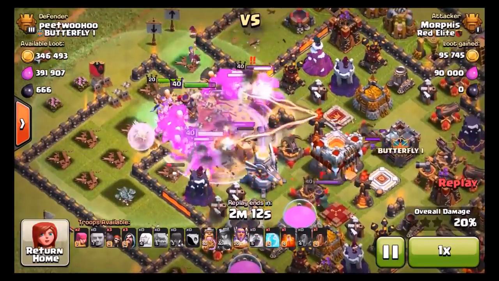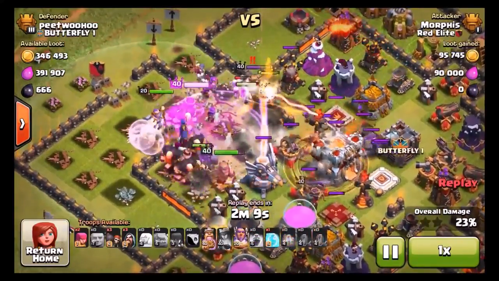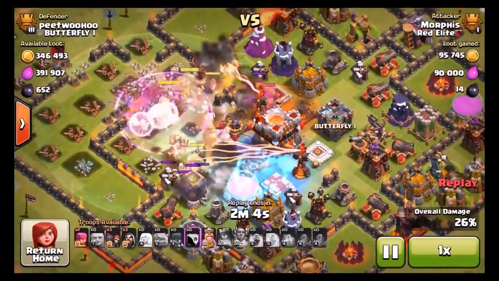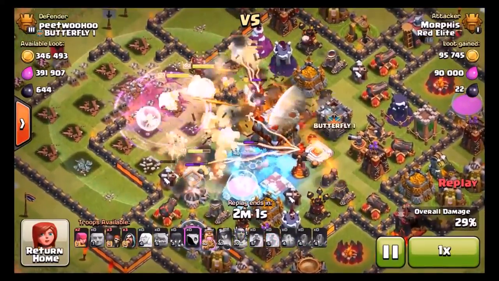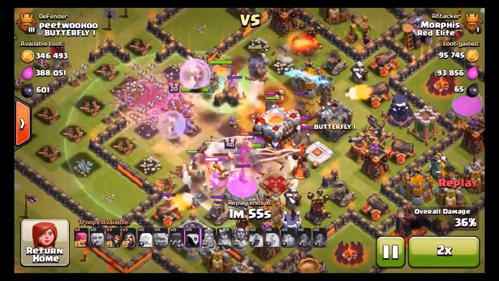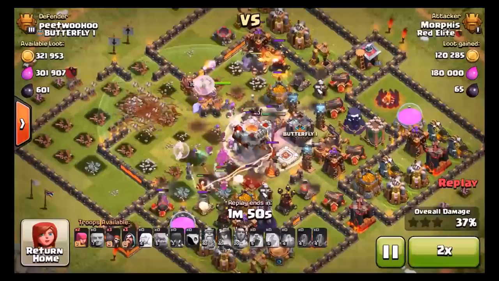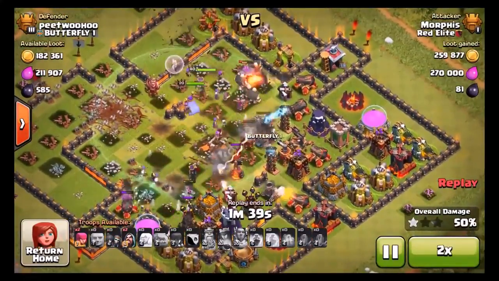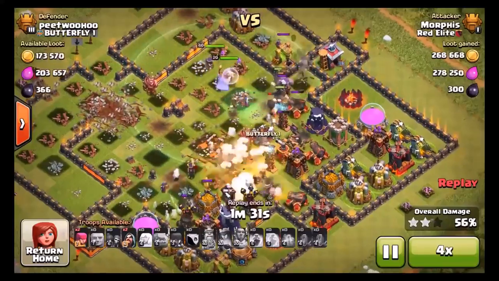Now, this attacker, Morphous here, is going to use a bunch of giants. A very effective strategy against these open layout bases. We see a lot of them at Town Hall 11, and this is certainly the way to do it here. Start with a queen walk if you want to. It's a nice way to start an attack like this, because what happens is, if you're using the giants, which we'll see in a second here on a regular Super Queen farming raid at Town Hall 9,